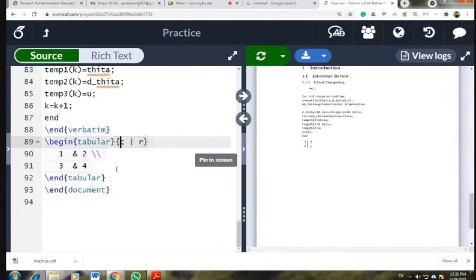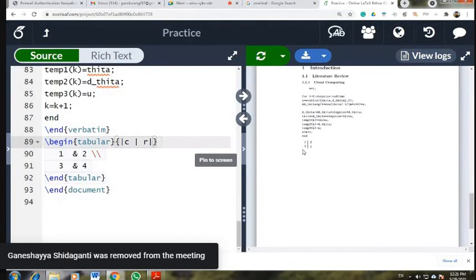If I use a vertical line here, it will give me a vertical line at the left side and the right side of column 1 and column 2. See, is it clear? Okay.